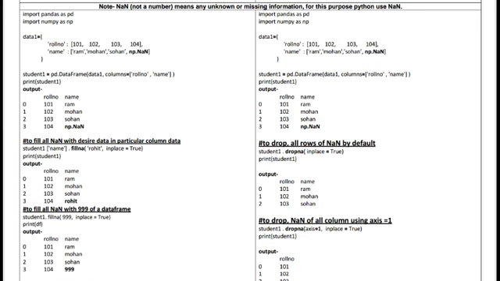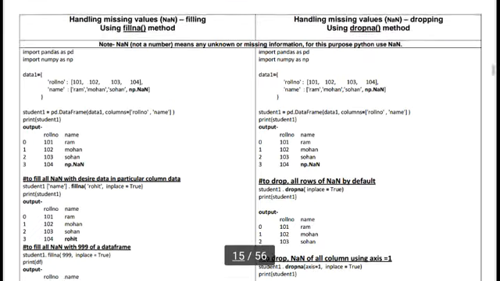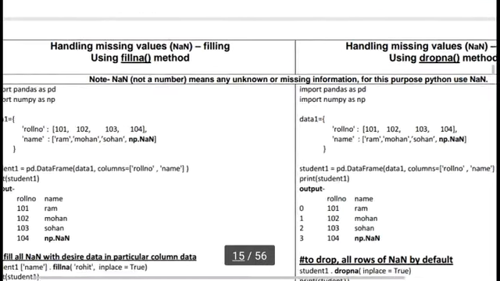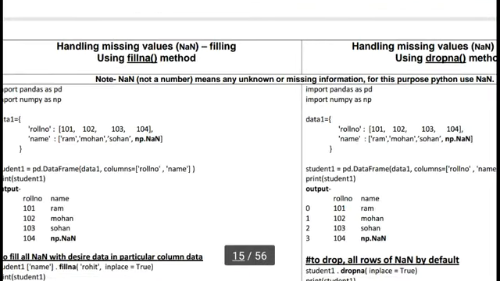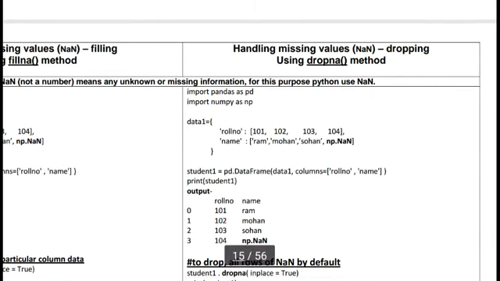For this purpose Python provides two important functions to handle NaN. We can use the fillna method, and if you want to remove NaN values we can use the dropna method.